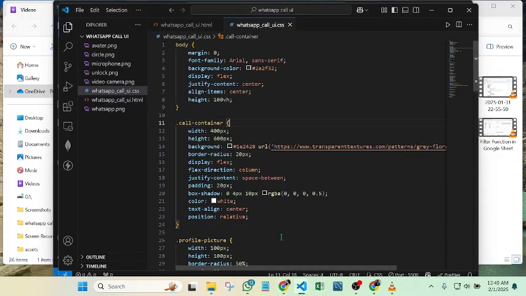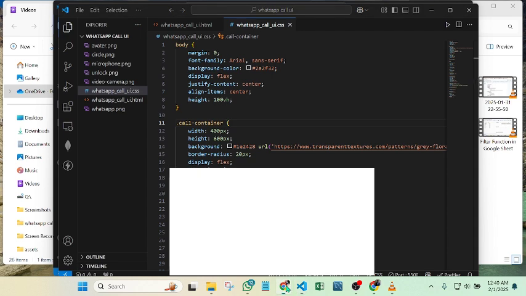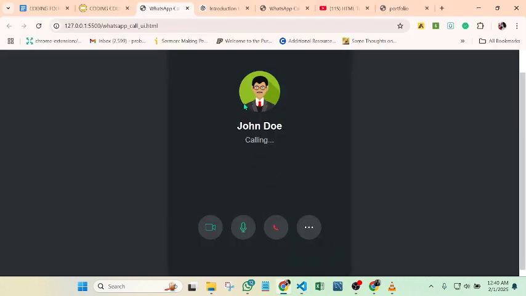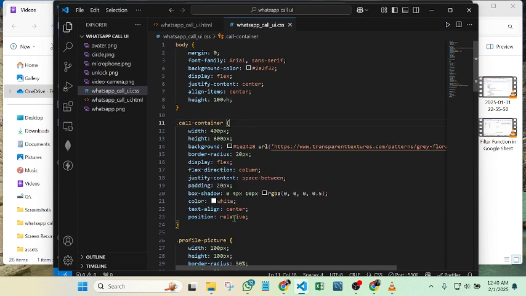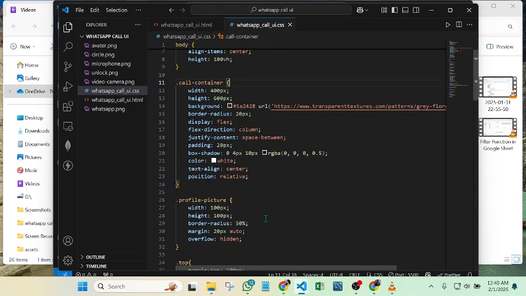Text align should be center. All right, all the elements that we have should be at the center. That's what this is saying. And position should be relative. Now moving to the next,